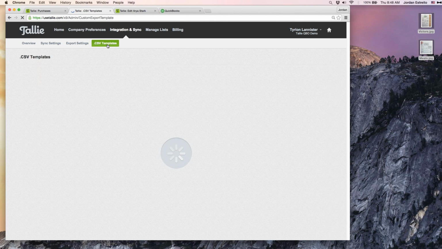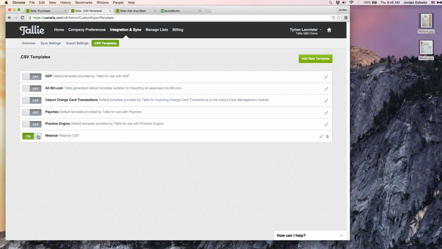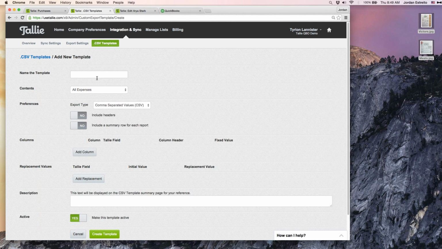Jumping over here, we have a couple built in from some of our partners. Here's one I created on a previous one. Let me go ahead and delete that. We have ADP, Paychex for payroll providers, Bill.com, and then a couple depending on your integration. So I could do something like, I do want to export my reimbursables as bills into QuickBooks Online. However, I may also want a CSV of all this information for my own records, or to import into the appropriate new accounting system or project management system. So I could say, okay,